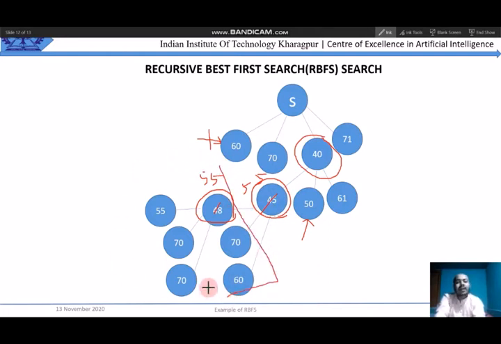So in this way, the RBFS saves memory. In A star, what will happen? In pure A star, this will not be deleted and it will just start exploring from 50. But here this node will be deleted, and now exploring from 50, this way it will be traversed and explored. But again, if there is a condition like here, if this is 50, the next best is 55, we know that.